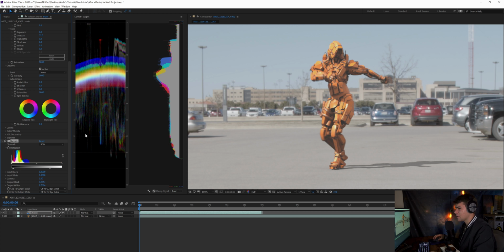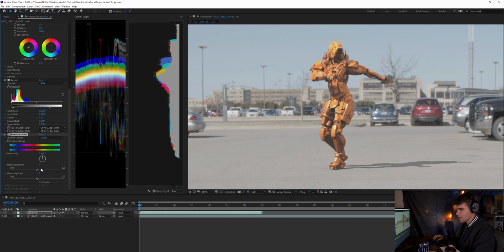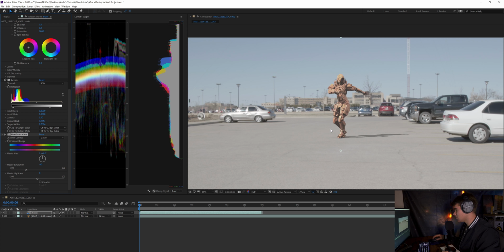Cool. And we can also adjust the saturation here, but I like to actually grab a hue saturation slider just because it kind of just separates it out, so I can quickly grab it if I need to. And then let's take our master saturation and start pulling it down. And you can see, if you look right here, here's the saturation of this. And watch it just work its way down. Cool. So that looks pretty close right there. We might have taken a little bit too much saturation out, but that's okay,